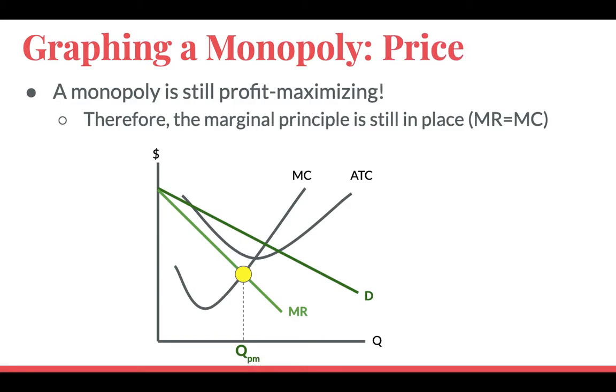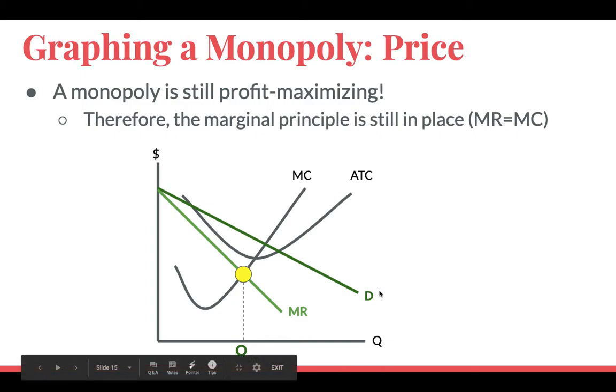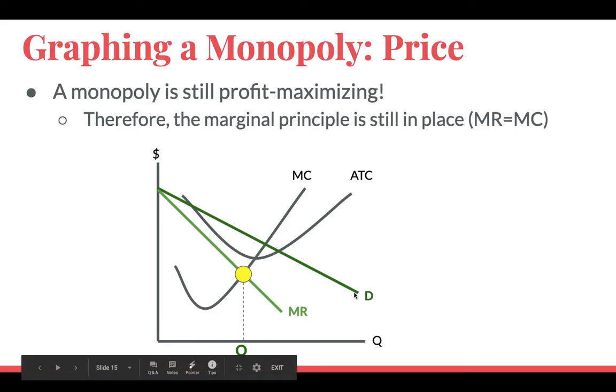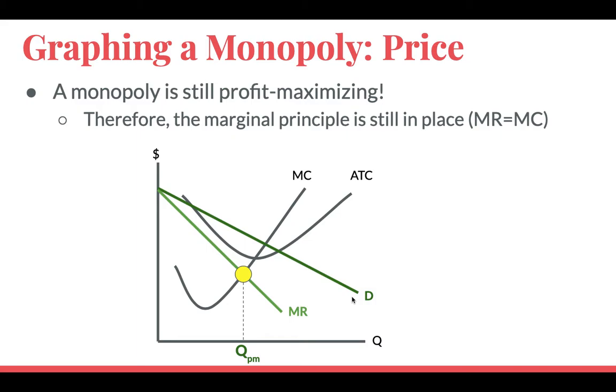Now let's move on to price. In perfect competition, this was a little easier because the price was simply taken directly from the market and the demand curve also represented the price, right? It was one flat line. But that last little thing I said there is very important. The demand curve does determine the price for us.